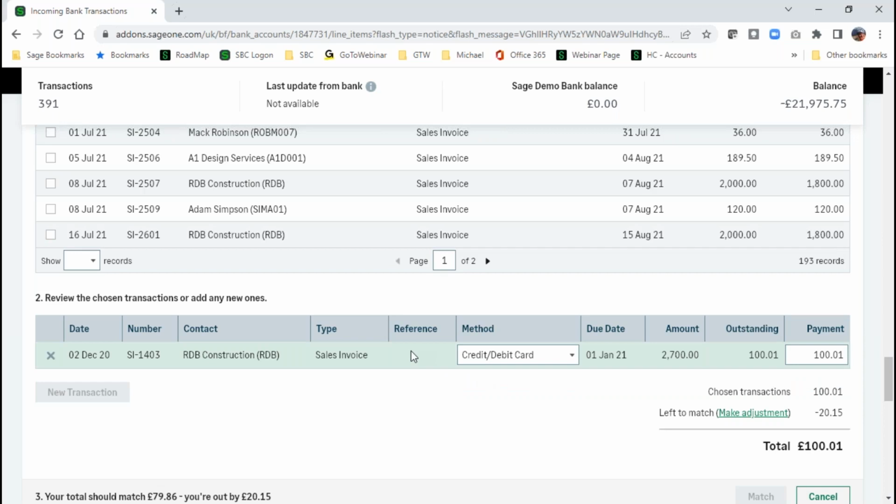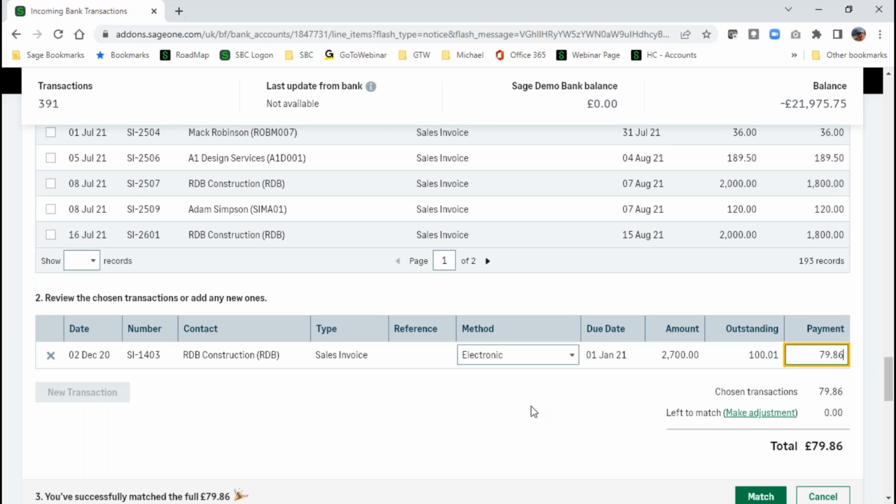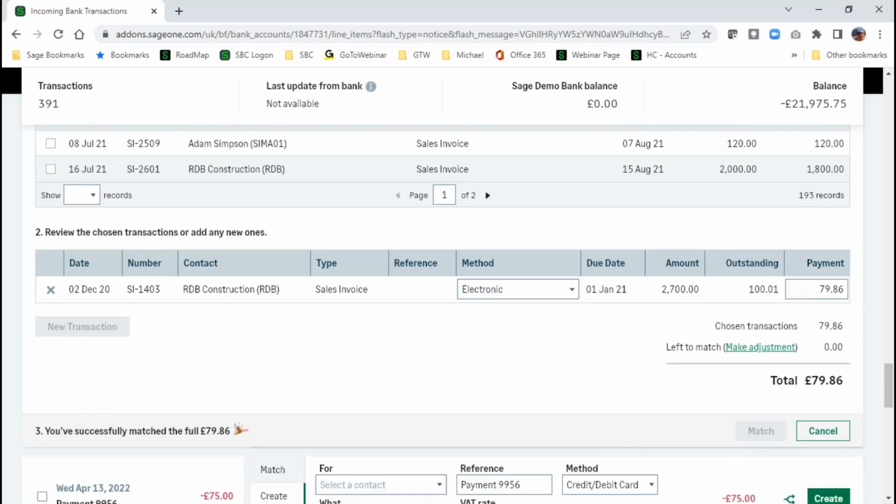Now, all I need to do to get this transaction entered in my accounts is, if necessary, change the payment method. And also in this case, I need to amend the value as well. So I've actually received 79.86. So I'll just click match